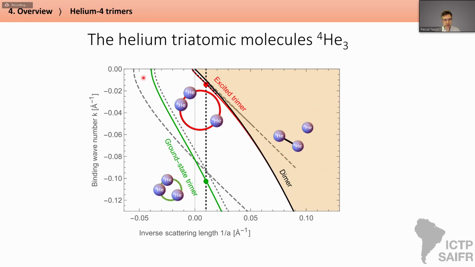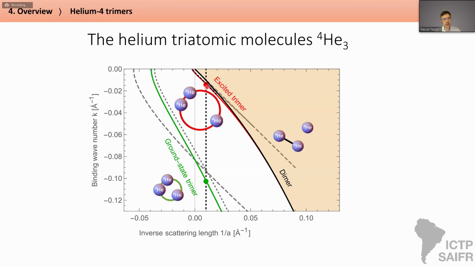Of course, this is again some kind of theorist's vision. In reality, the scattering length between two helium-4 atoms is fixed at this physical value. And we can see that now in the zero-range theory for this particular scattering length, we have